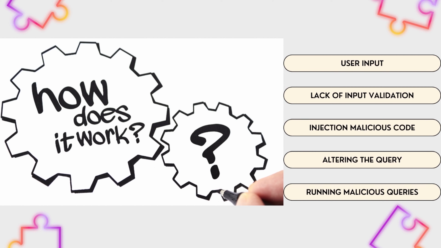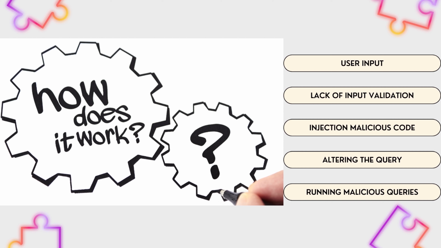Third is injecting malicious code. An attacker takes advantage of the lack of input validation to insert malicious SQL code into the input fields. This code is usually crafted to manipulate the SQL query's logic and achieve unintended results, altering the query. The attacker adds SQL commands to the user input to alter the original SQL query structure. For instance, they can append additional conditions to the WHERE clause or inject a UNION statement to merge data